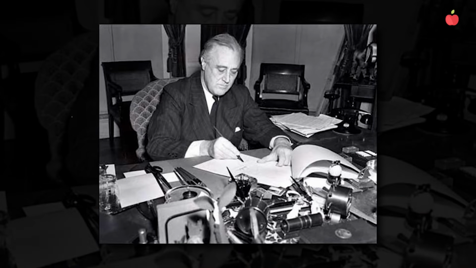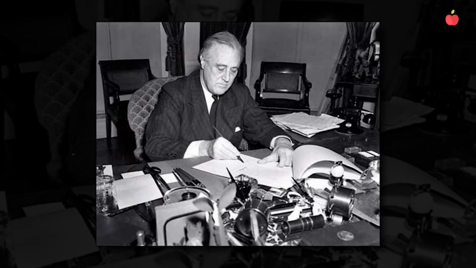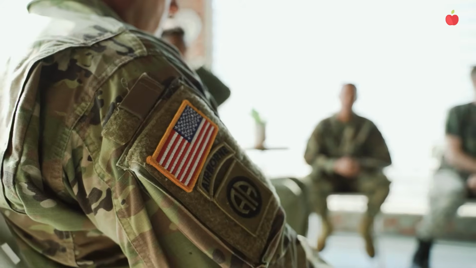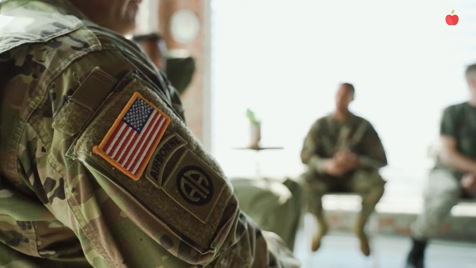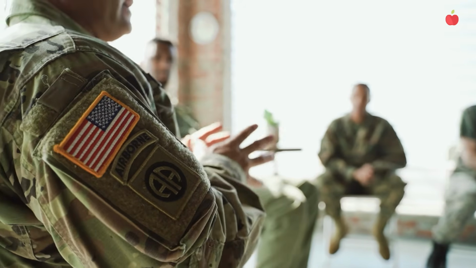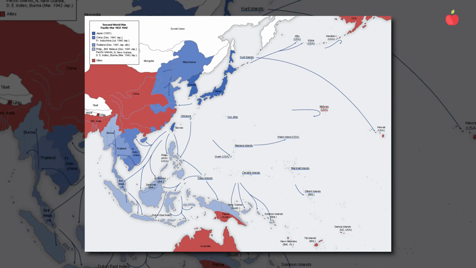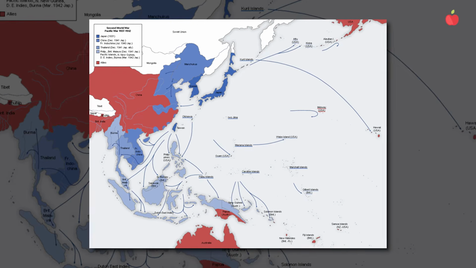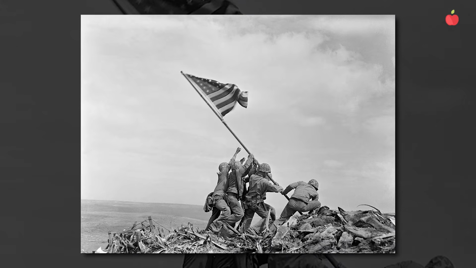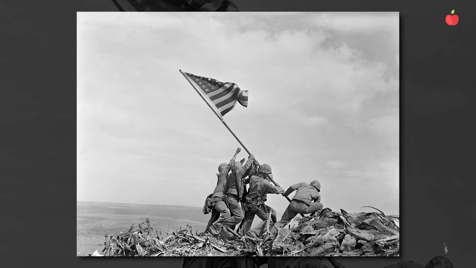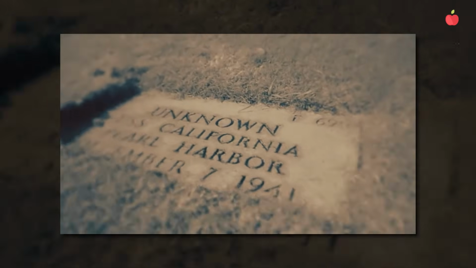Along with entering the war, the Lend-Lease Act was created by the U.S. It provided American aid to members of the Allied powers, such as Britain, France, and the USSR. The U.S. also led the war efforts against Japan in the Pacific. Each of these factors contributed to the complex web of causes that led to the outbreak of World War II, resulting in a devastating global conflict that reshaped the course of history.